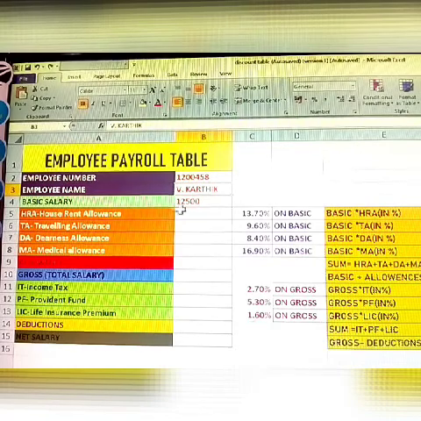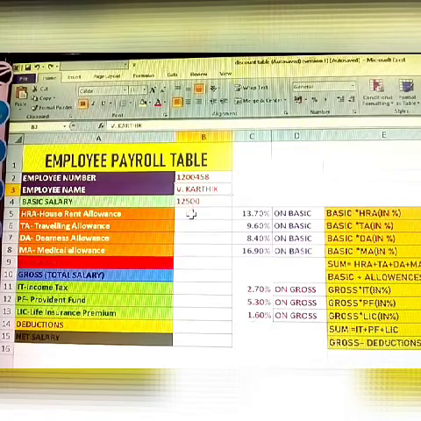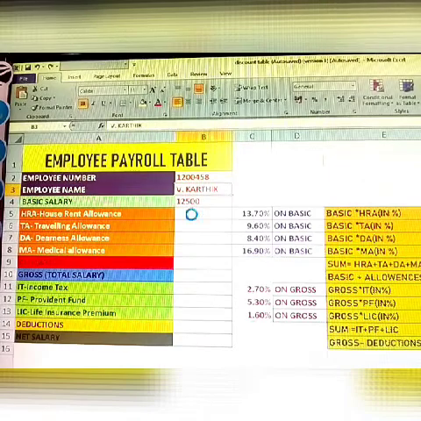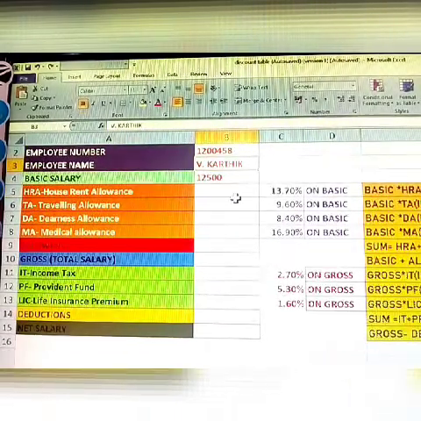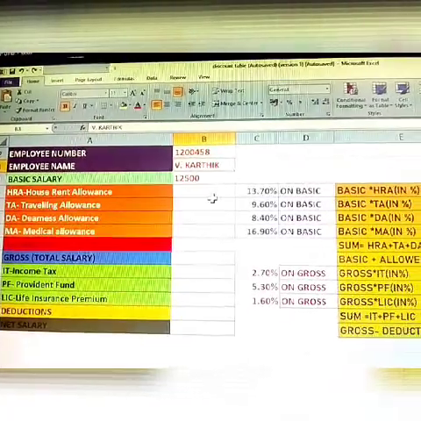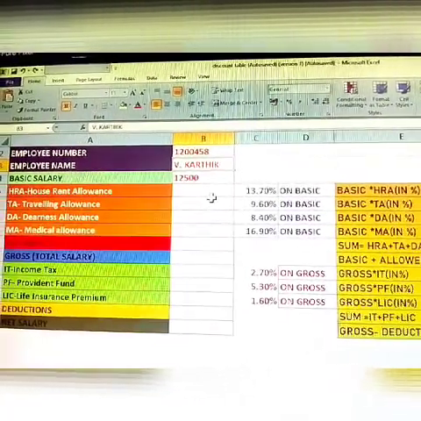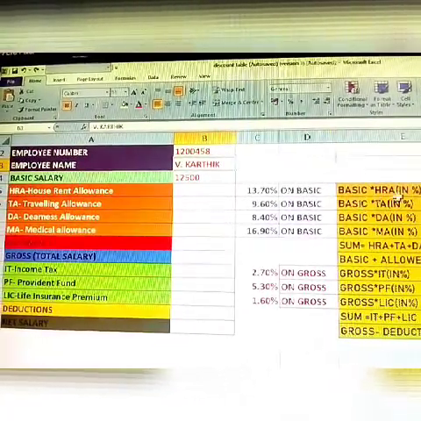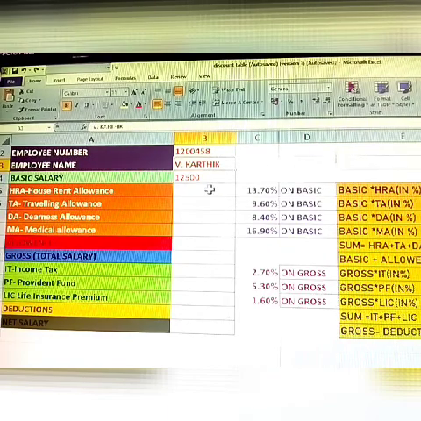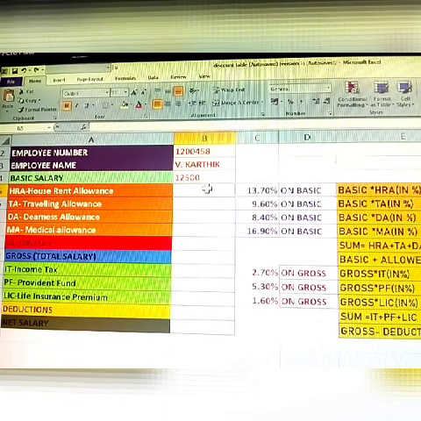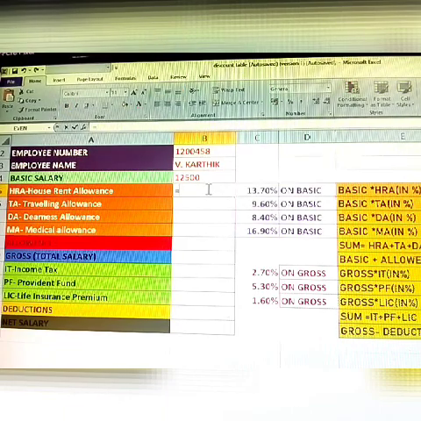Okay, first one, what are we calculating here? House rent allowance. How to calculate it? Basic salary times the house rent allowance percentage. See here, any calculation in Excel must start with equal to.